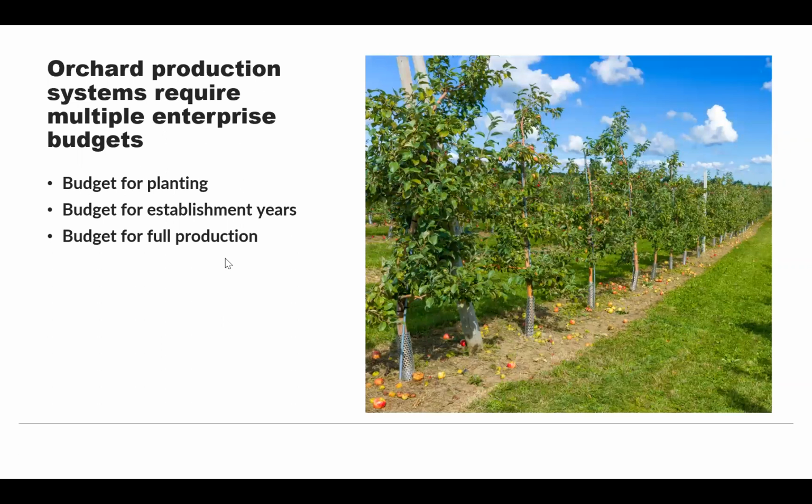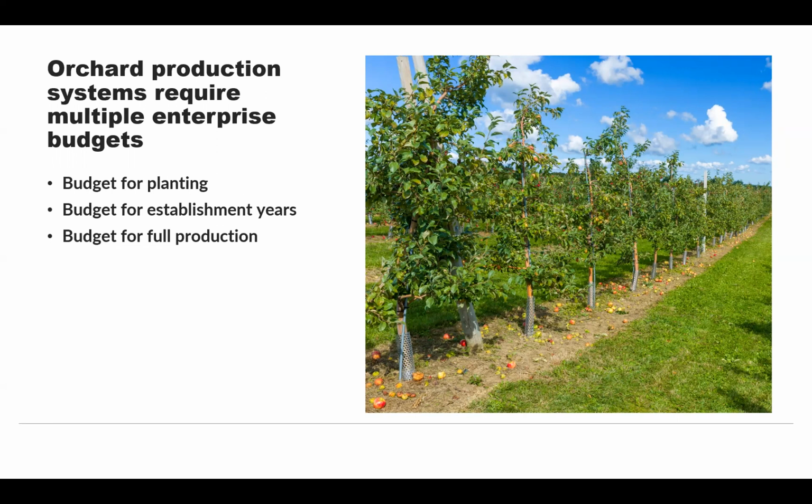If you're in an orchard system, a lot of times we talk about an enterprise budget, but there is an assumption within that enterprise that you have a set of revenue and a set of costs. But as you know, when you have a multi-year system like an orchard, you have very different revenue and cost structures for different years in the development process.